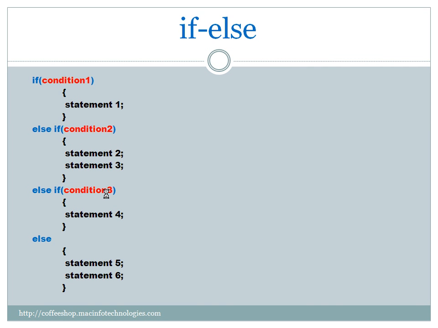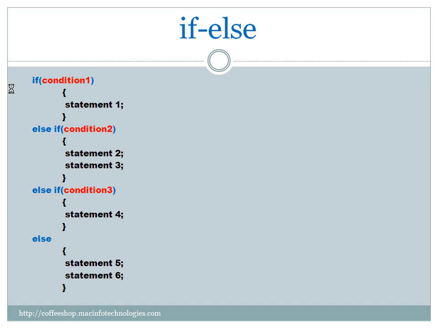So the if-else-if structure is used whenever you have more than one condition, more than one choice of conditions. For example, if you want to check for 3 or 4 conditions: if one condition is satisfied, we want to do something. If condition 2 is satisfied, we do something else. If condition 3 is satisfied, we do something else. If condition 4 is satisfied, we do something else. Similarly, if we have more than 2 conditions, we can go for the if-else-if structure.